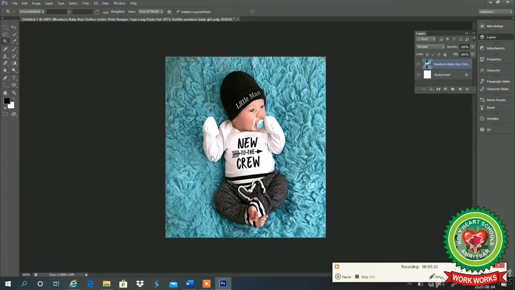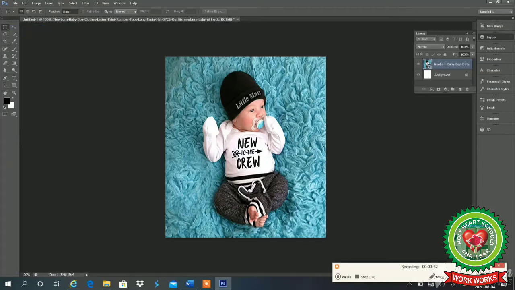Now we are going to discuss the options of the marquee tool. See this rectangular dotted box, that is our marquee tool. In this we have a small triangle. We can click over it or right click over it and we can get all 4 options: rectangular marquee, elliptical marquee, single row marquee and single column marquee tool. Firstly we have the rectangular marquee tool.